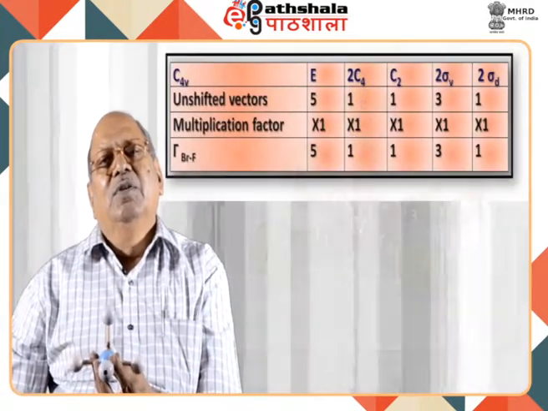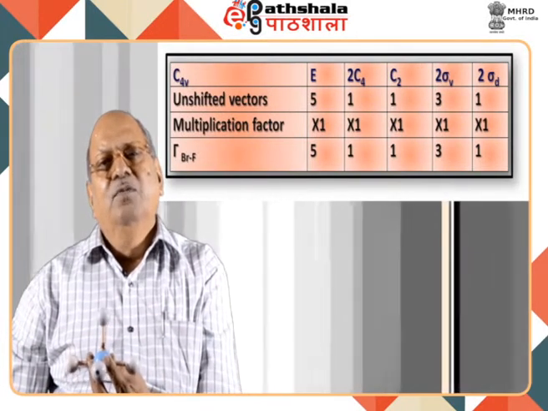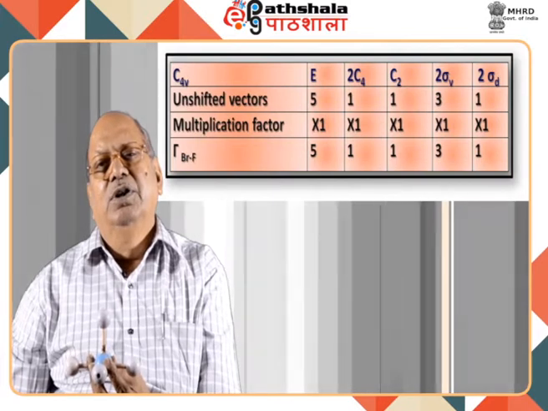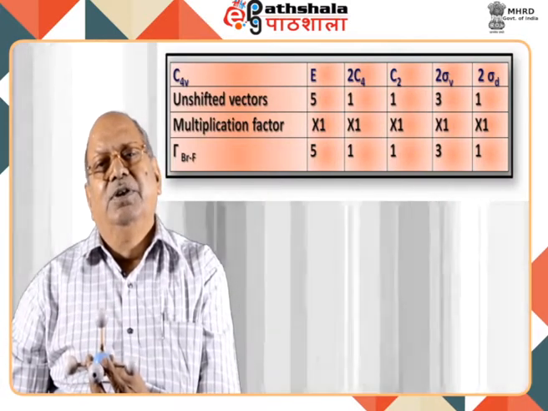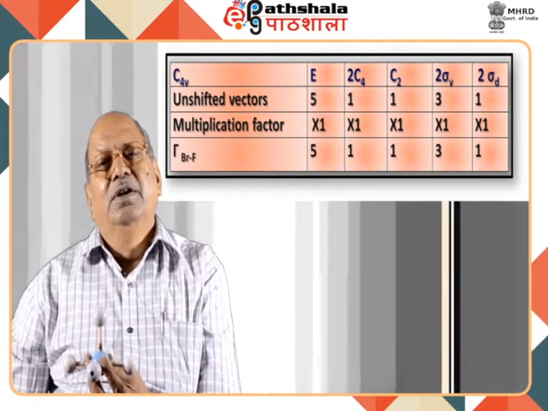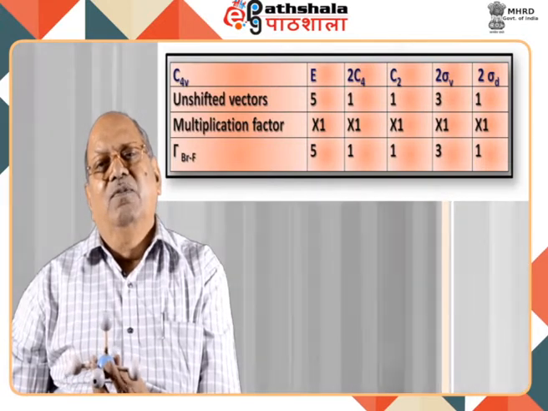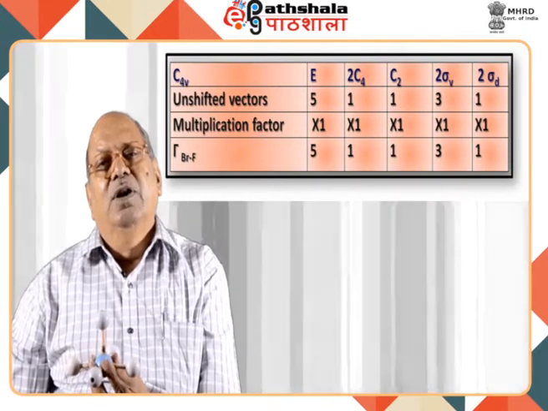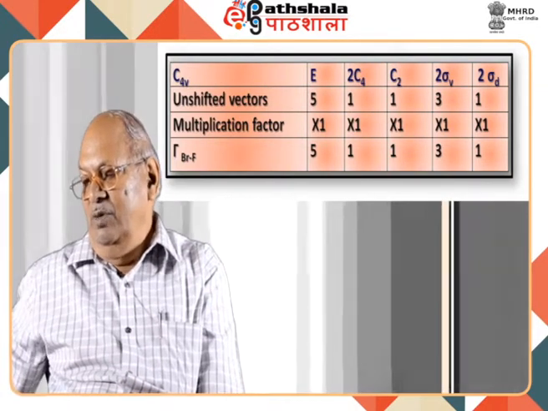So, like this we have this summary of unshifted vectors: 5, 1, 1, 3, 1. This is multiplied with the multiplication factor, and we get the reducible representation as 5 1 1 3 1, and this can be reduced by making use of the